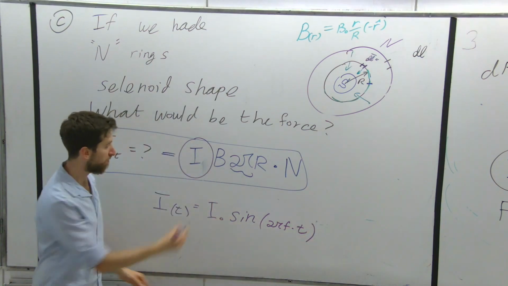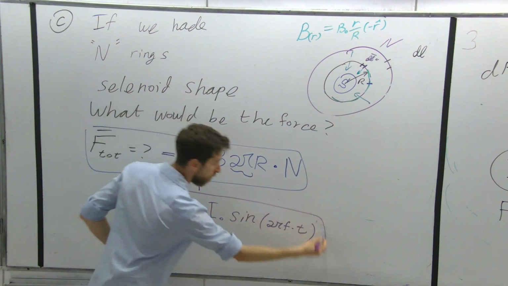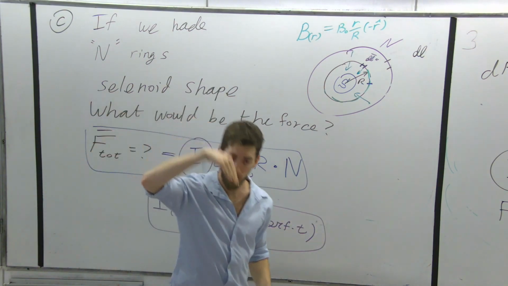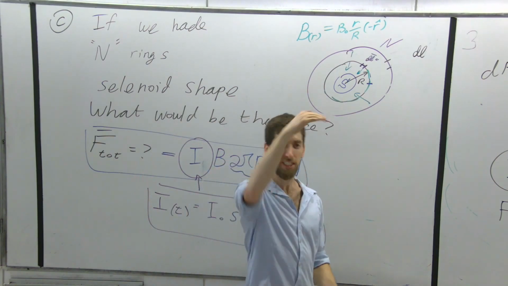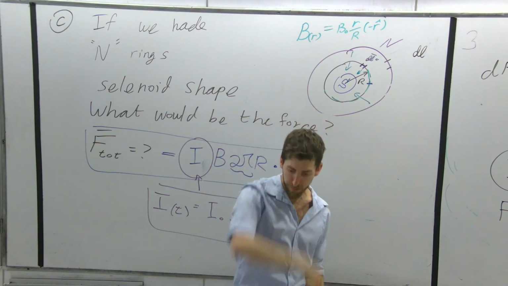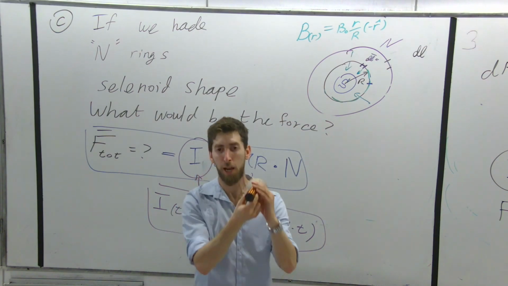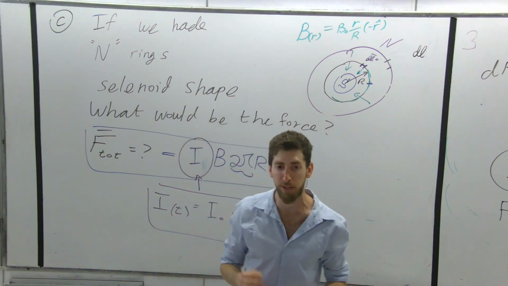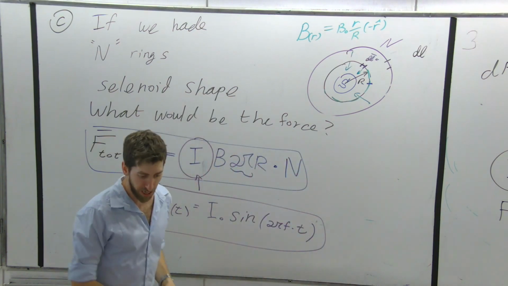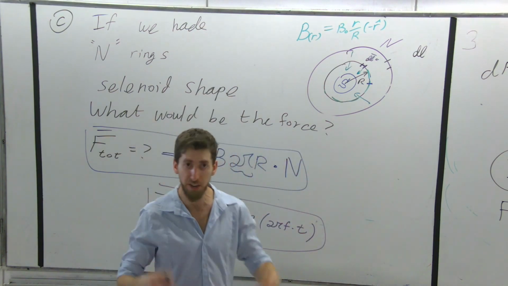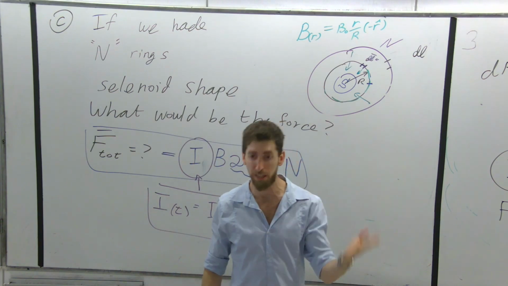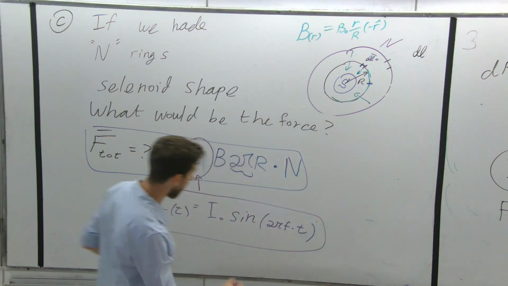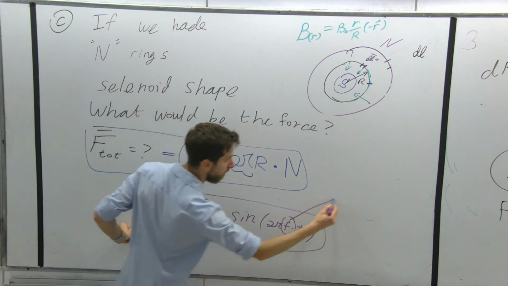If we're going to have this function here, what's going to happen to the force? How does sinus look like? It's becoming strong and weak, strong and weak. That side to that minus side, plus side, minus side. So this shape actually is gonna vibrate. It's gonna vibrate, and that's what happens in the loudspeaker. For example, if I want to do the musical note A, or La, okay, what I'm gonna do, I'm gonna take this frequency to be